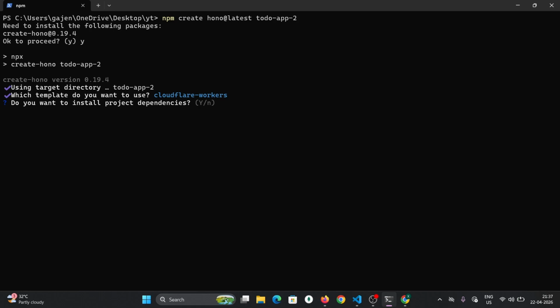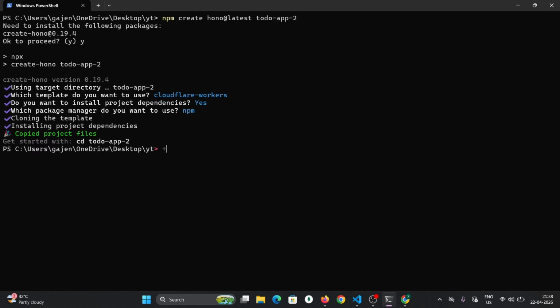Do you want to install with package manager? Bun, use pnpm, because it provides some space effective solutions. It will take some time, let's wait. Our application has been created, so go to the to do app 2, open it inside your IDE